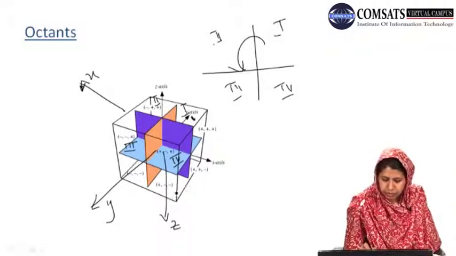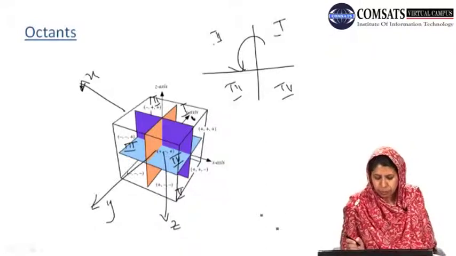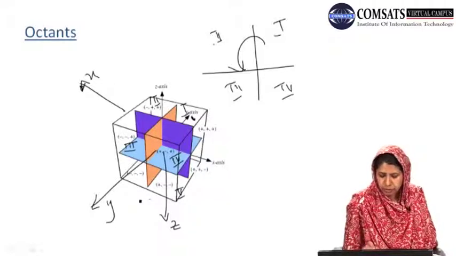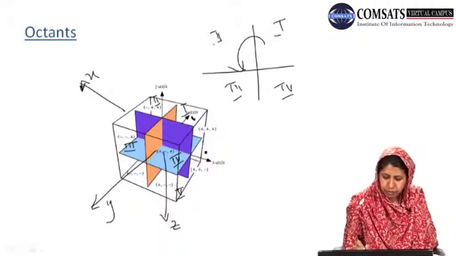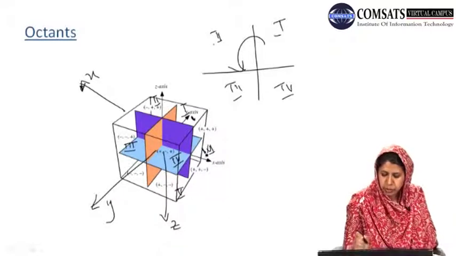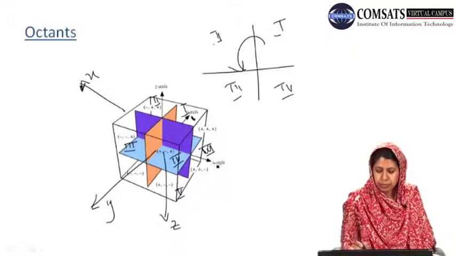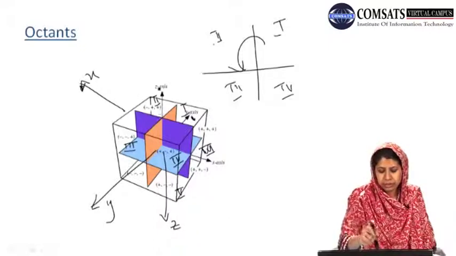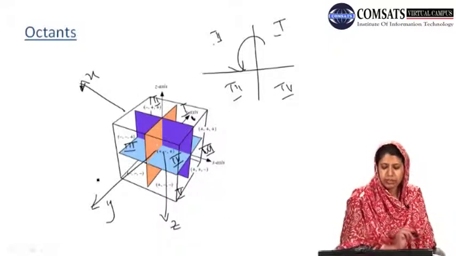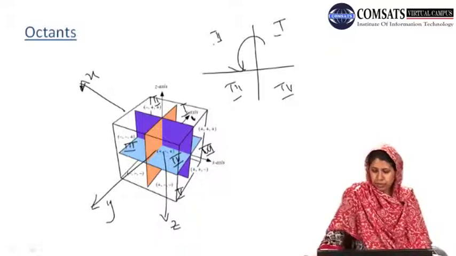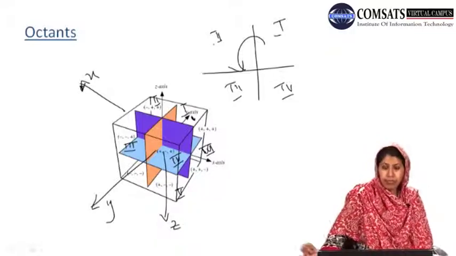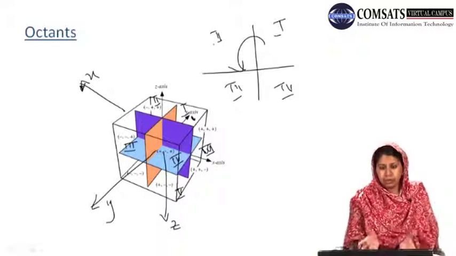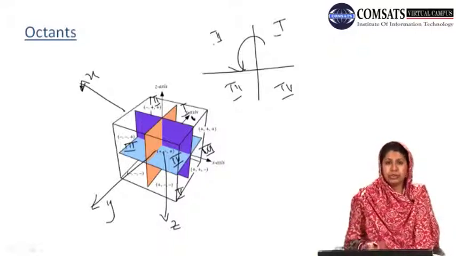Then we will see 4 more planes on the bottom of this, that is the fifth one, where x is positive, y and z are negative. We may call this the sixth one, where x is positive, y is positive but z is negative, and so on. Then downwards we have the 7th one and here we have the 8th one. So for the case of 3 dimensions, we have octants, that is the partition of our 3-dimensional space into 8 portions, 4 up and 4 down.